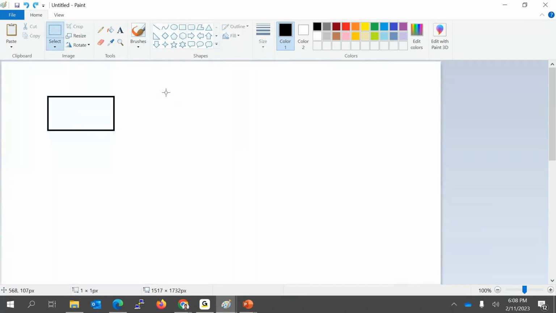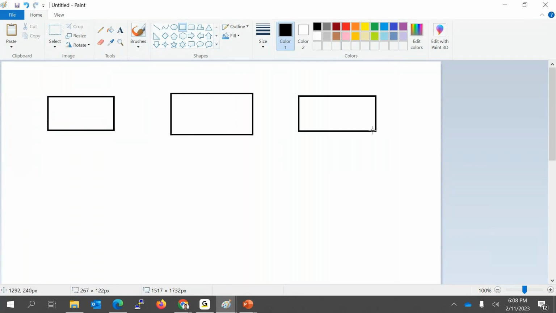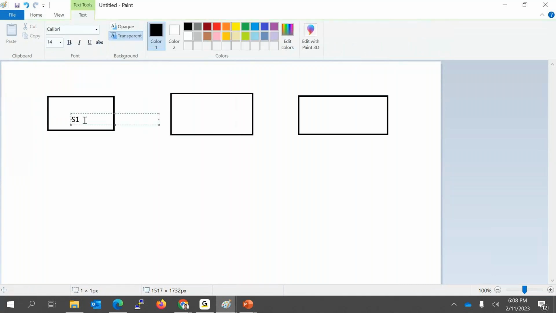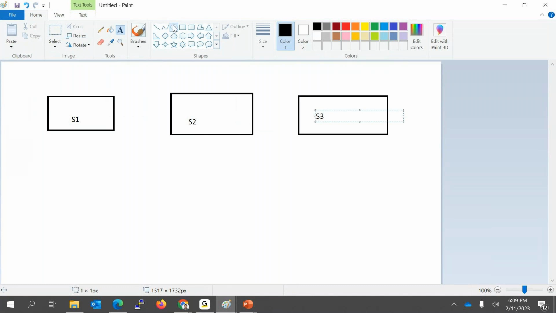Okay, this is my server one, this is my server two, and this is my server three. Okay, so all the servers, consider it is on the DAS concept. Okay, it has a local storage. I'm not having a SAN environment here. Okay, so it is a DAS.